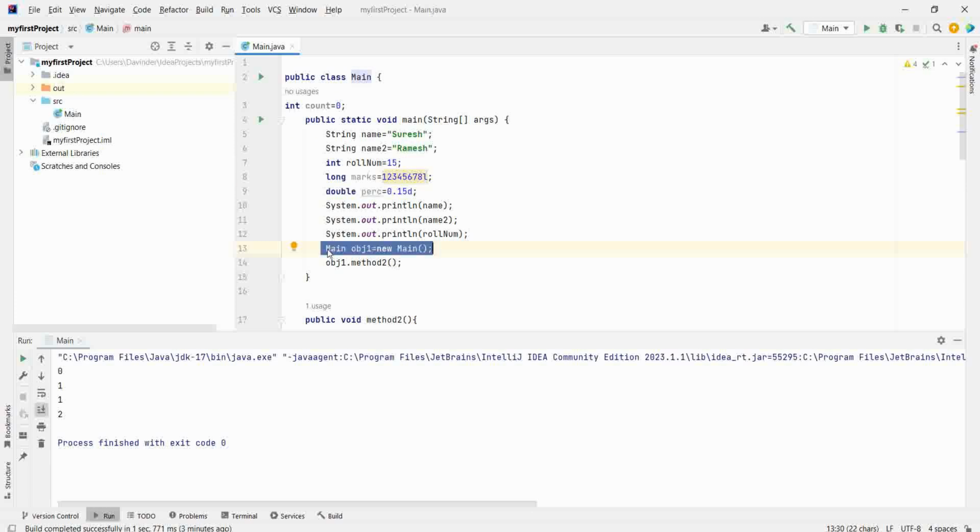Now these are the primitive data types and these are the non-primitive data types which you create. So any class name you can use to create the object. This is a non-primitive data type. Well, I hope you have learned the basics of Java, which is variables as well as data types.